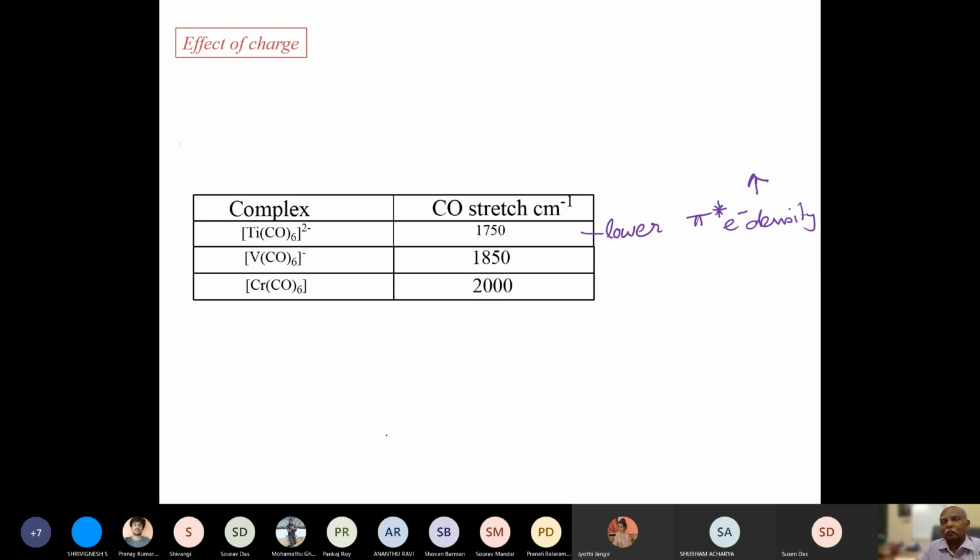The expansion of the electron cloud will lead to a better overlap between the metal T2G orbitals. The T2G orbitals are going to be much larger when you have a larger negative charge on the metal, and so this will be happier to push electron density, or better overlap will be there between the carbon monoxide and